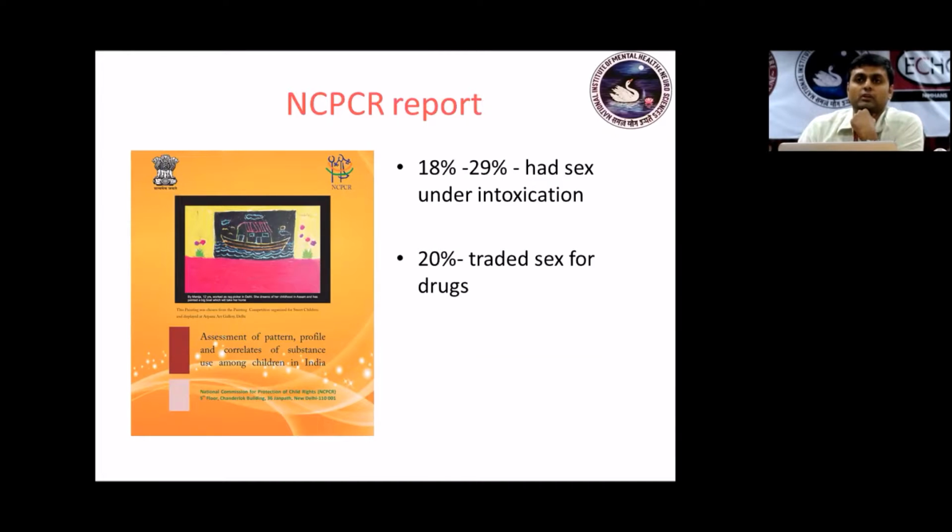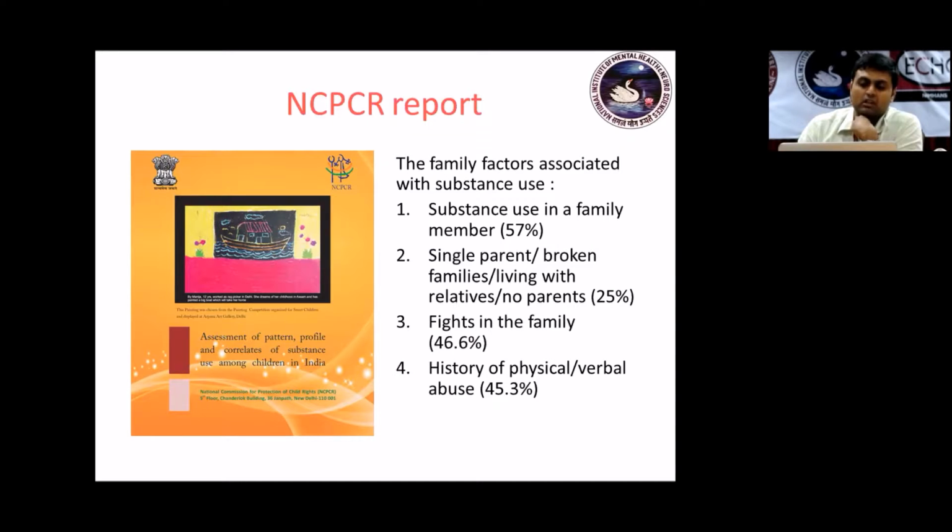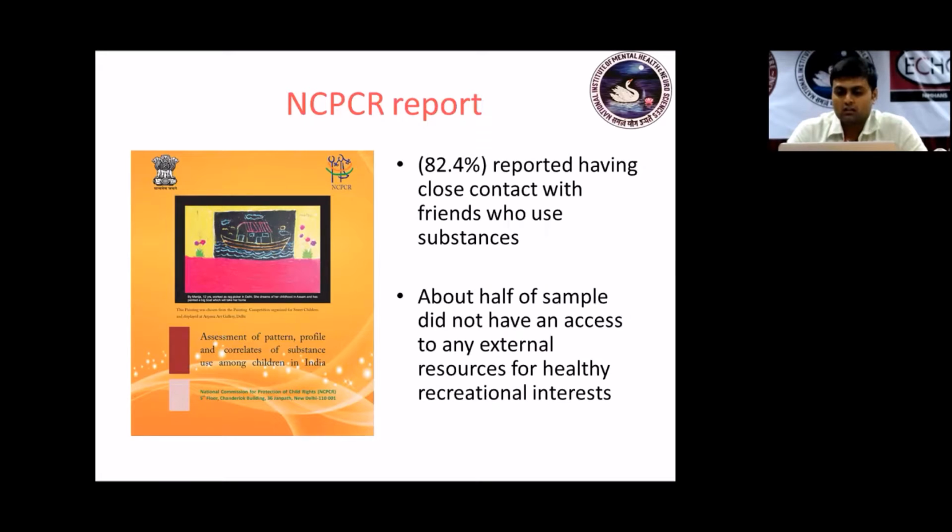Almost 18 to 29% of them have sex under intoxication, and around 20% of them trade sex for drugs and money. The family factors associated with substance use in these children were substance use in a family member, single parent or broken families, living with relatives or no parents, that does contribute to substance use as such. Fights in the family, physical and verbal abuse, all these family factors do contribute to some extent to the children's substance use problems as such. Majority of them have close friends who use substances, and about half the sample seem to have no other external source of pleasure or recreational activities available